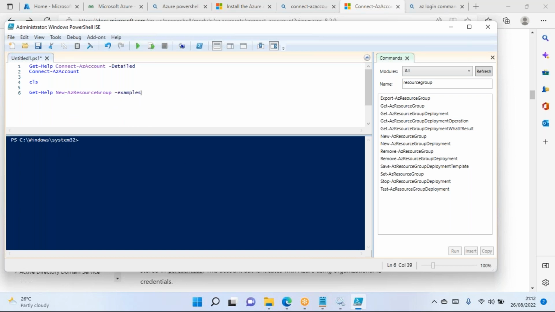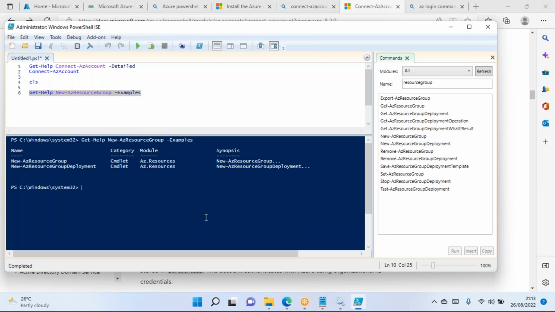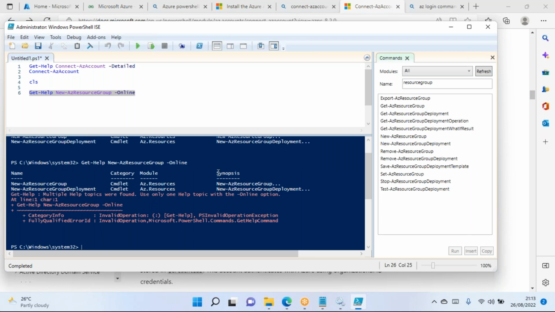And we know how to create a resource group using the portal, but now we don't know how to create a resource group using PowerShell. We are trying to see the examples first for the command, and then we are going to execute. See here, no, it is not showing the examples because the module is not working properly, it seems. Let me try online. So the PowerShell module is not installed properly here, that's the reason it is not showing. Let me try